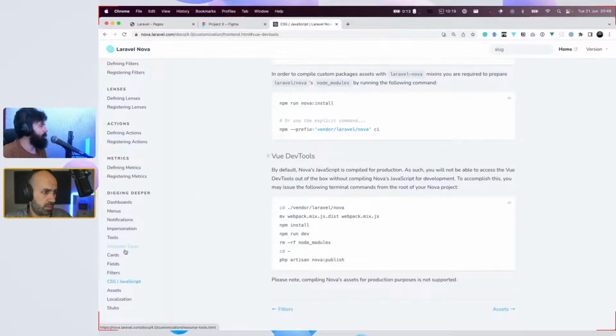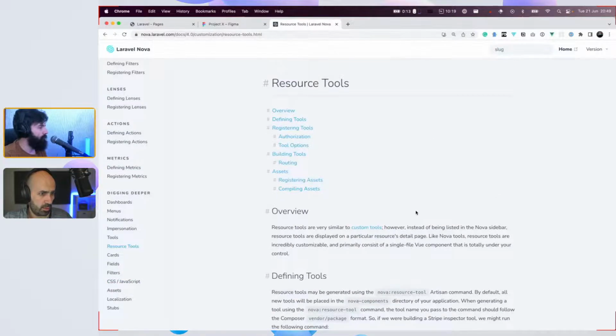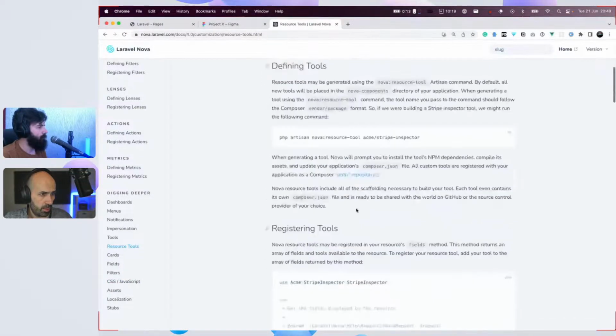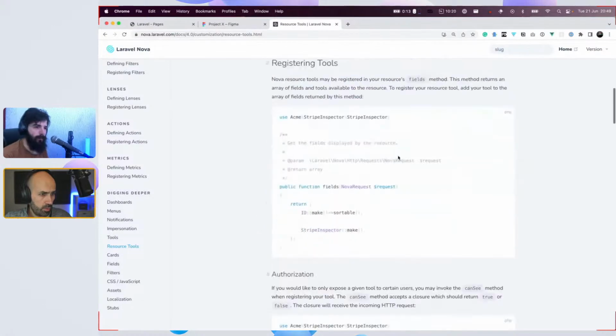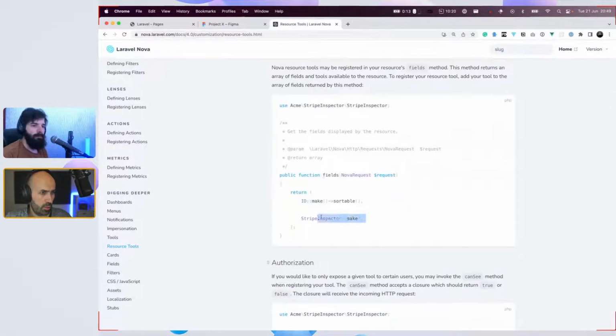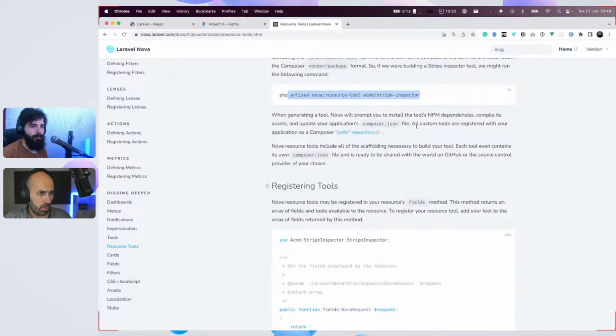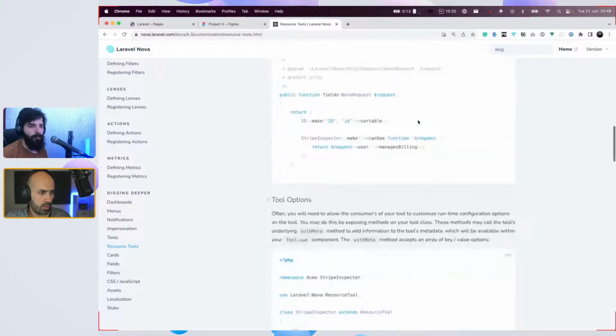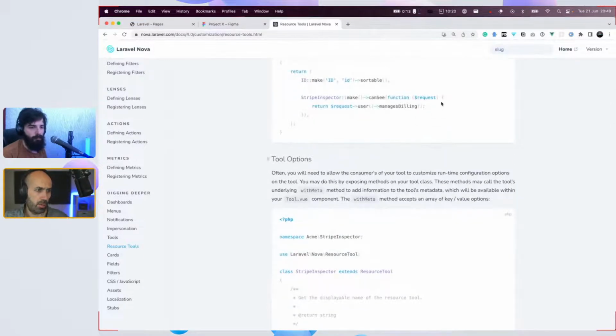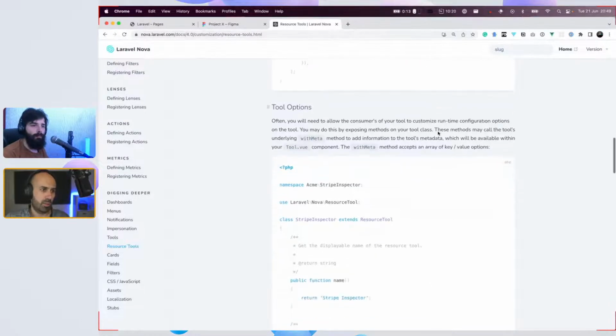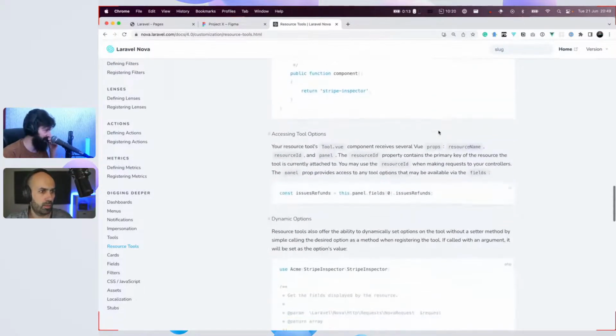I've done this this week, I guess, even. So we have the resource tool, and in the fields we just put it, after creating, we register, and then we can make our route endpoints, our Ajax calls, and we can do all of that.